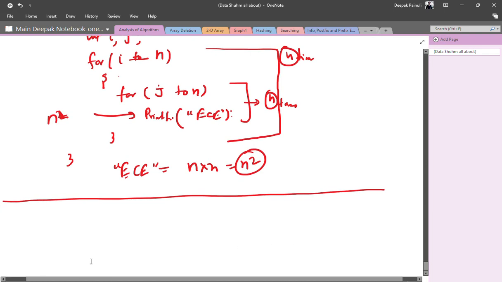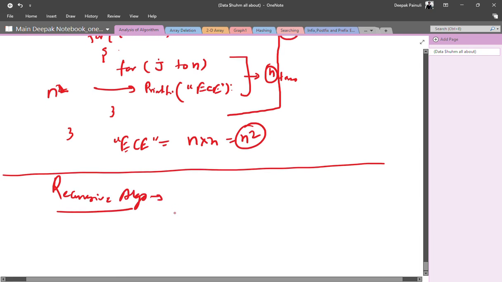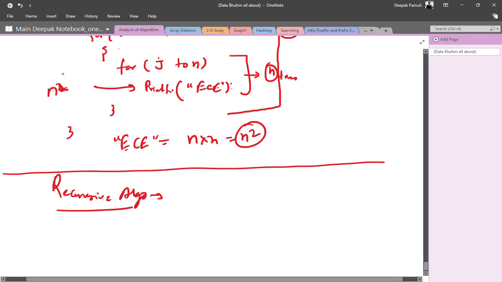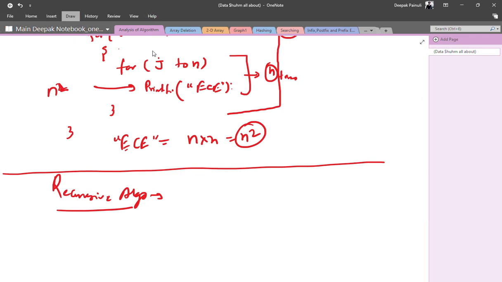So now let us say for a recursive algorithm we have an example. Let me choose another color for better understanding.